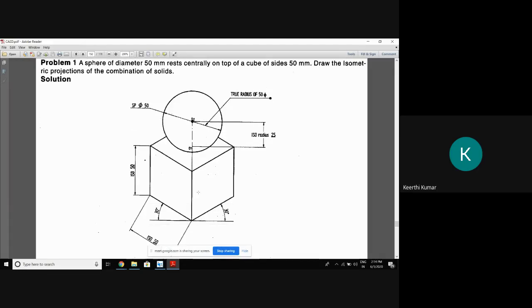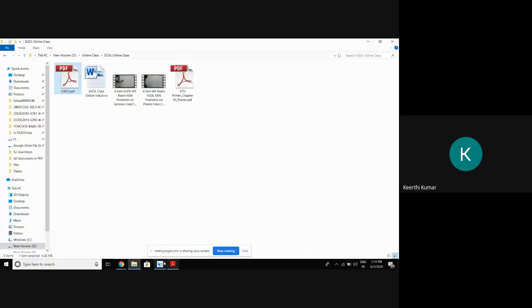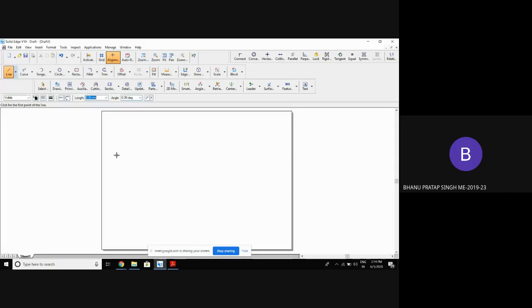So this is a solution. Right now I have drawn it, but I have taken 80 mm, and here it is given 50. I'll explain how to draw 50. A 50 mm cube, above that a 50 mm sphere, exactly placed above the center of the cube. How to place this? Shall I explain? Yes, sir. Understand carefully. First few problems are very important.